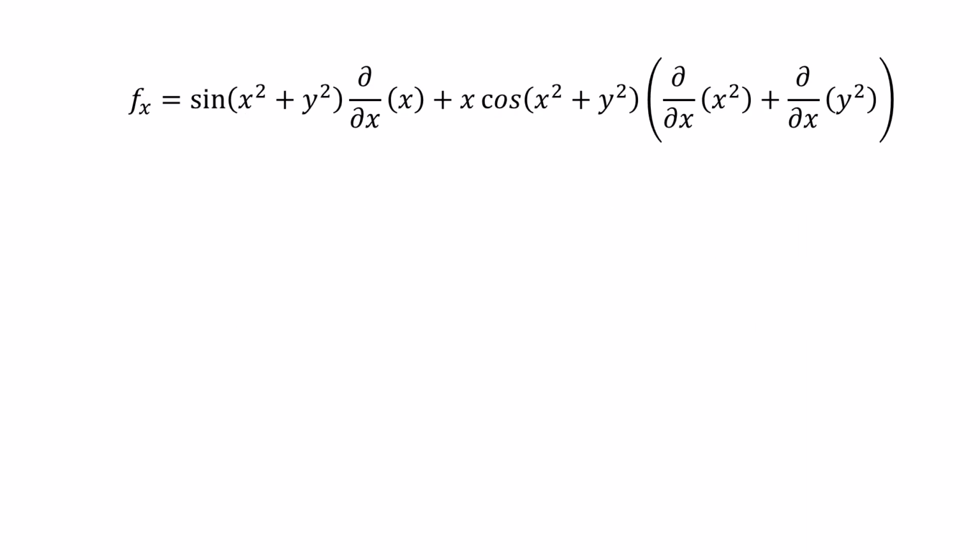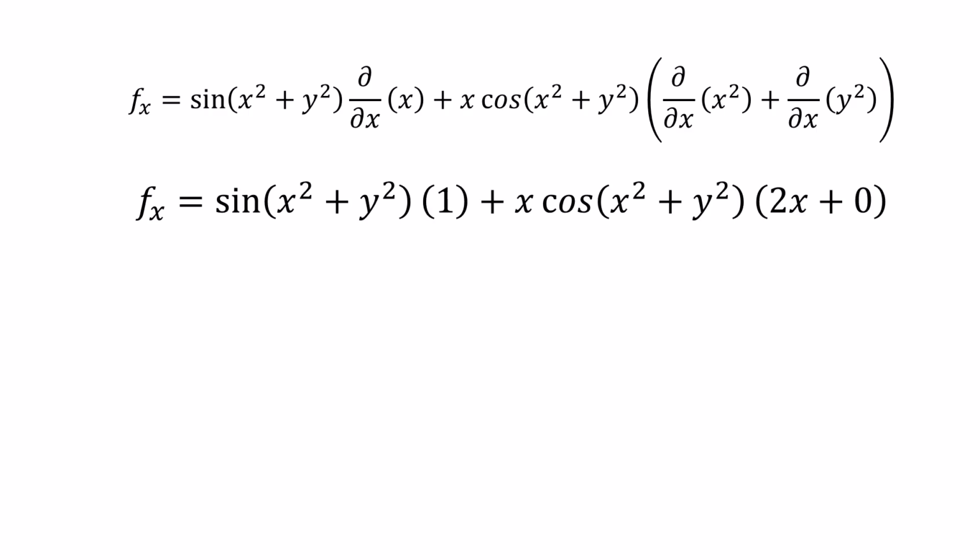Differentiating then gives f sub x equals sine of x squared plus y squared times 1 plus x cosine of x squared plus y squared times 2x plus 0. Adding then gives